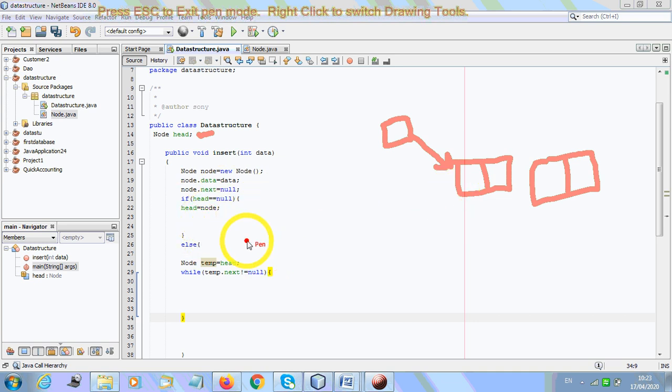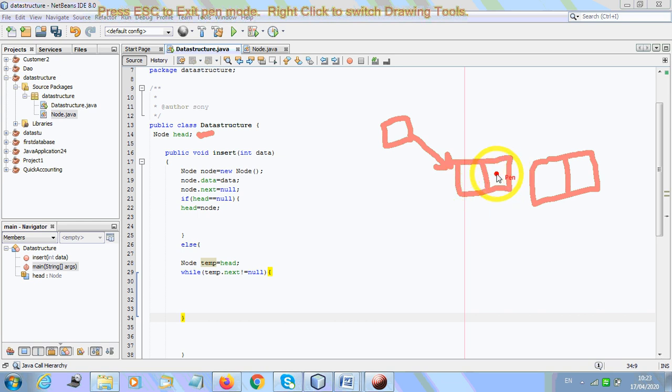Now see, if I want to insert this node here itself, I have made temp equal to head. So temp is head, and head is pointing to this one. What we have written is temp dot next not equal to null, till then it is going to traverse.